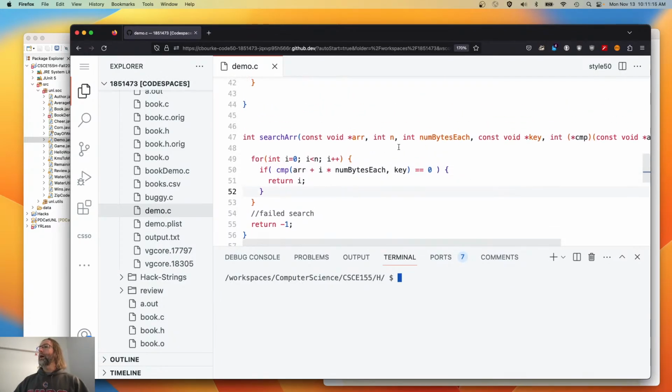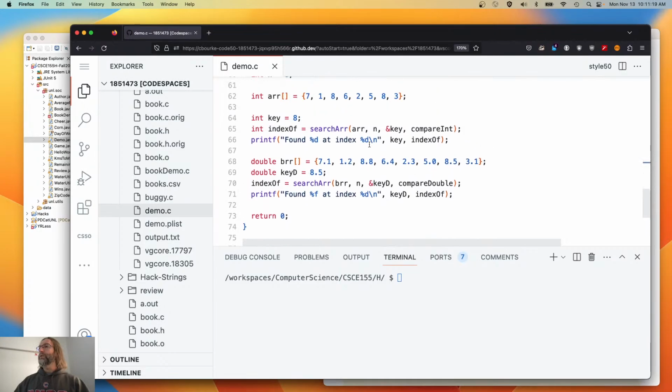All right, so the number of elements in there, but then the number of bytes of each. So do we know how to do that? You just said it. These are integers, so it's going to be size of int. These are doubles, so it's going to be size of double. And now you can kind of see the parallel with